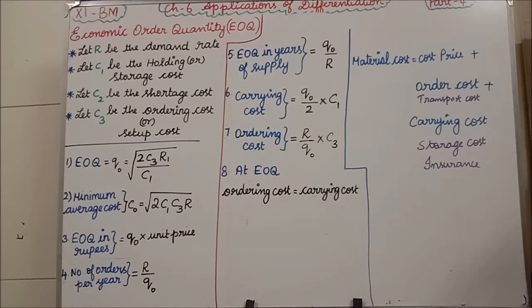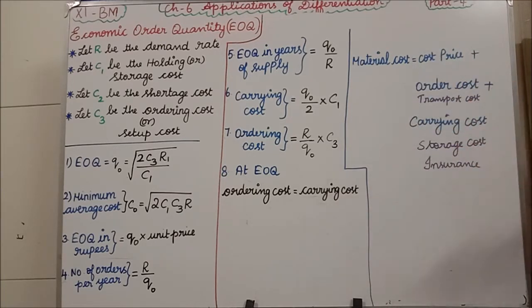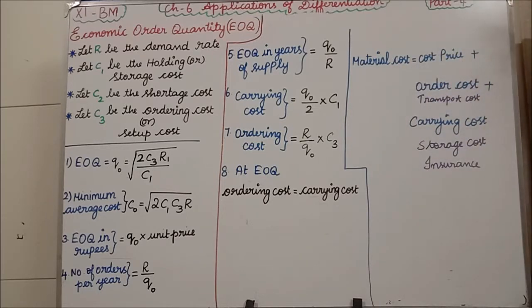Consider any material you can take. Material in the sense, now you take this marker. The cost of the marker will be what? 30 rupees. But to make this marker, it really takes only nearly 10 to 12 rupees. Then what about the remaining amount? Why are they charging 30 rupees? Because the material cost is not only the cost price. In that cost price, we are including transport cost, storage cost, all together in the material cost.